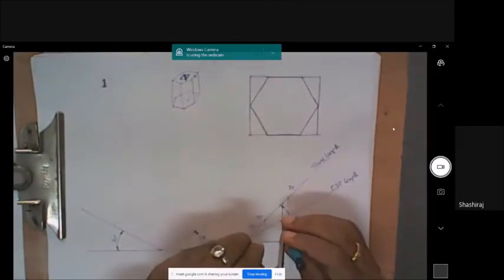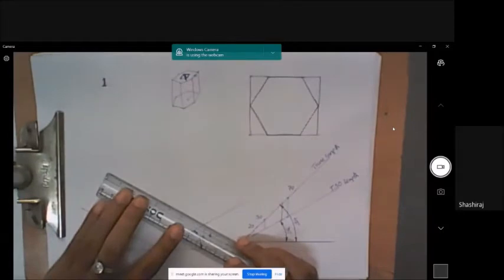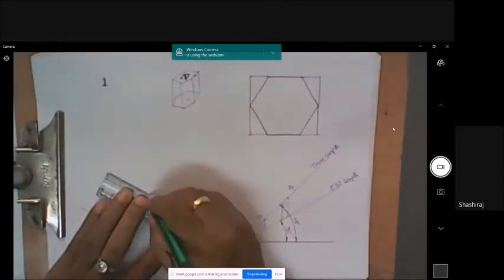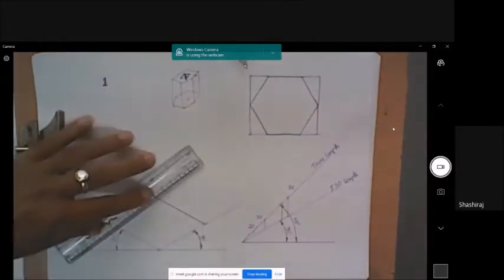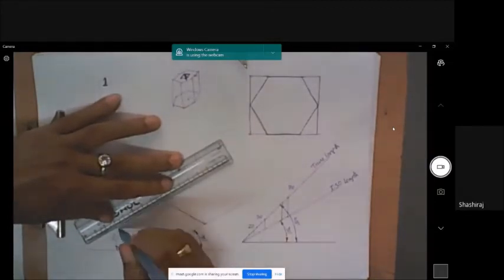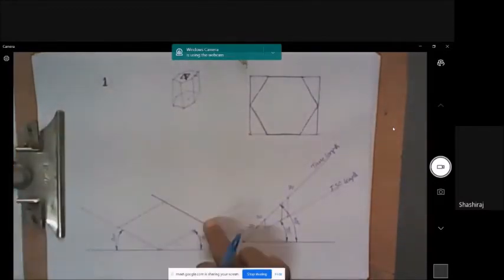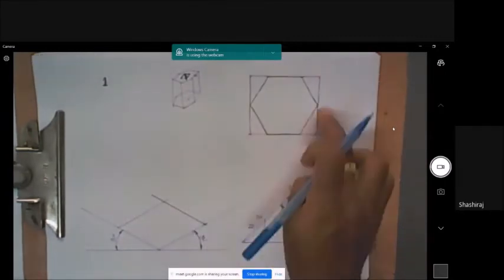Okay, this much is the isometric length of that. It comes here. Draw a line here. We'll draw it here. This is a parallel line, and a parallel line here. I'm drawing it approximately, but when you are doing it on the sheet, you have to take an exact parallel line. So this is the isometric projection of this rectangular box.